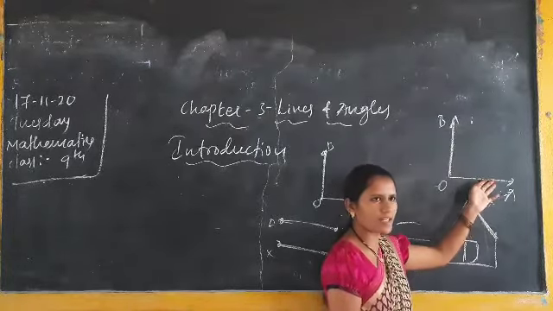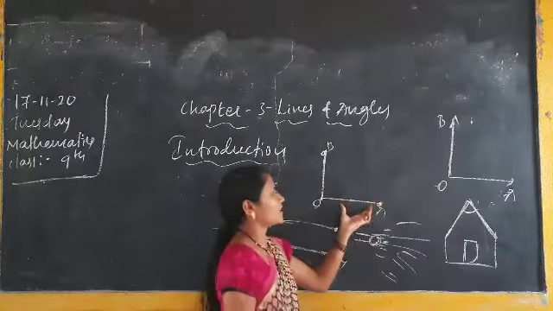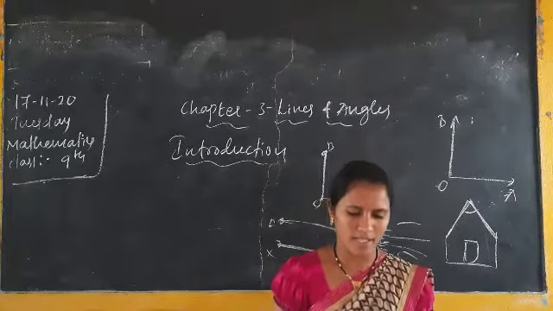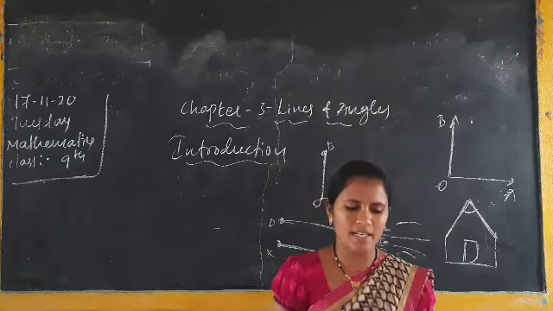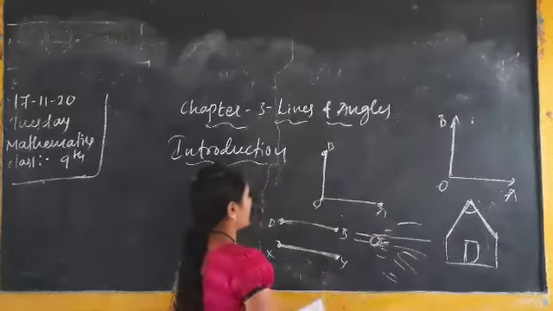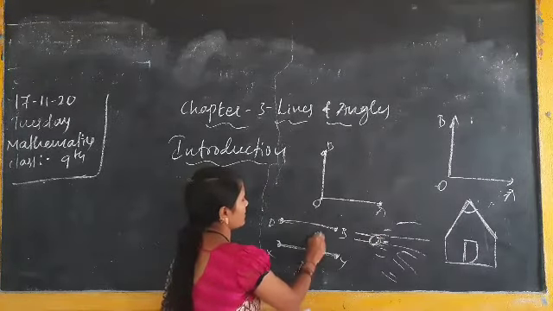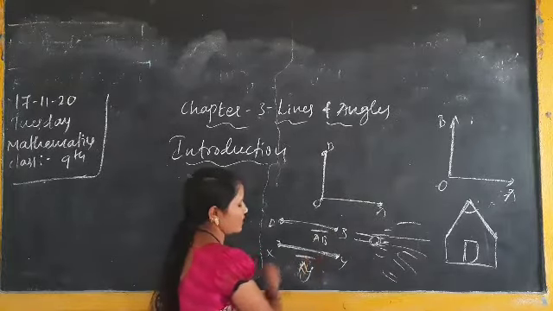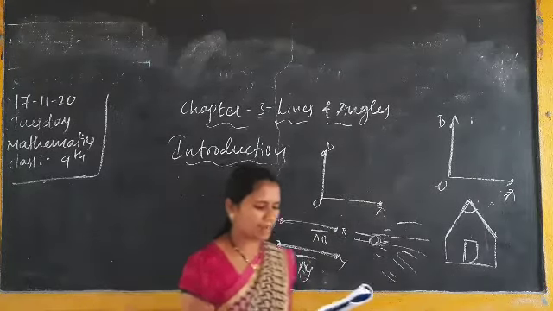It is not. It is endless. But here an end point is there. End point is there means it is the line segment. Okay. Next, how you are drawing a line: here the line is denoted by AB, and for this AB bar, for this XY bar, it means it is the line segment.